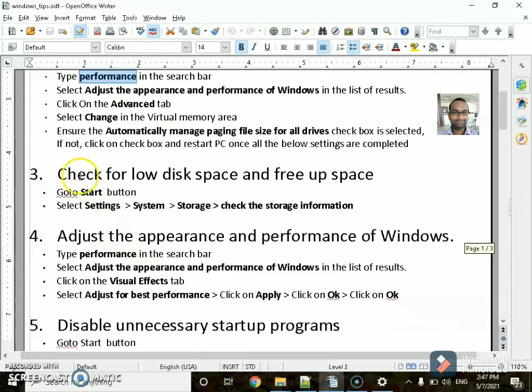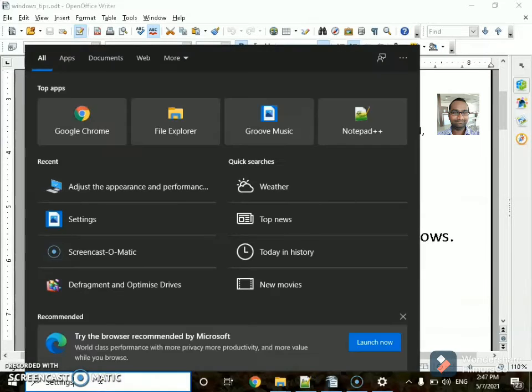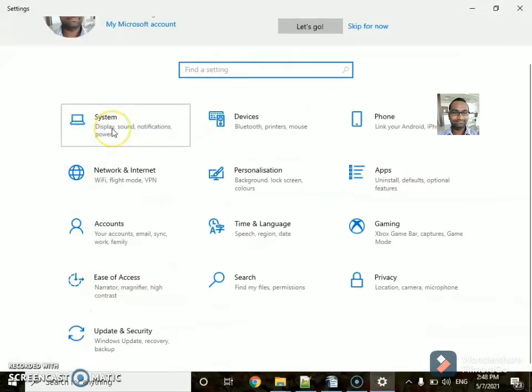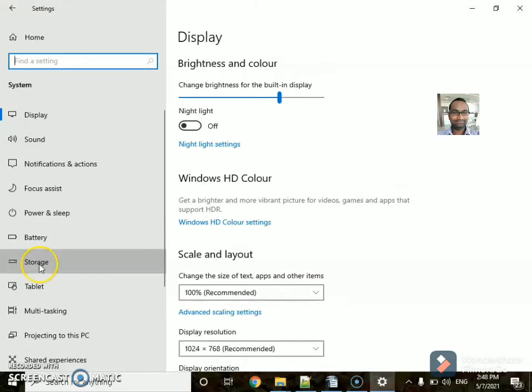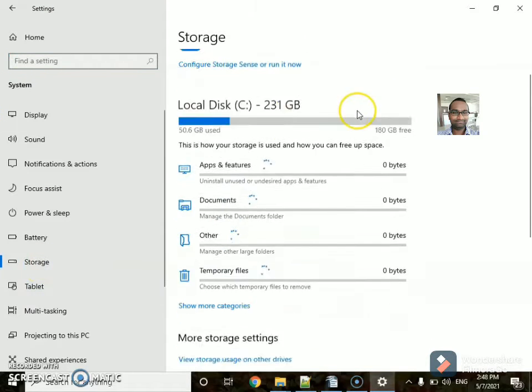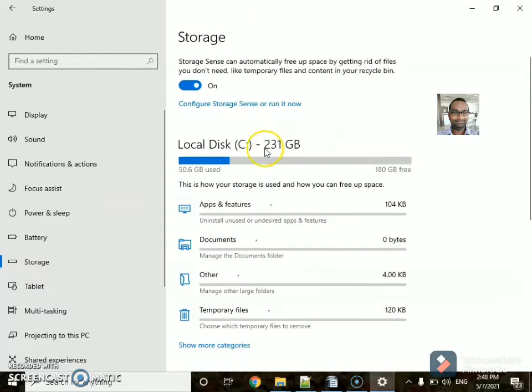And next step, check for low disk space and free up space. Go to settings, system, storage, check for the storage information. For me 180 GB is free and 50.6 GB is used.